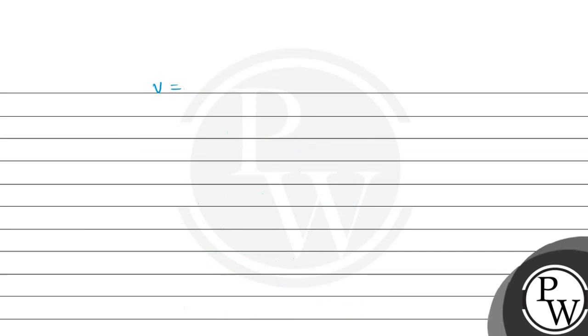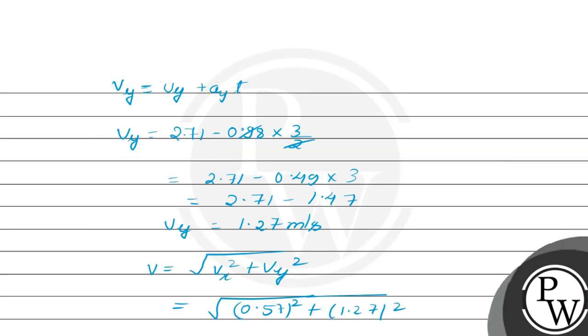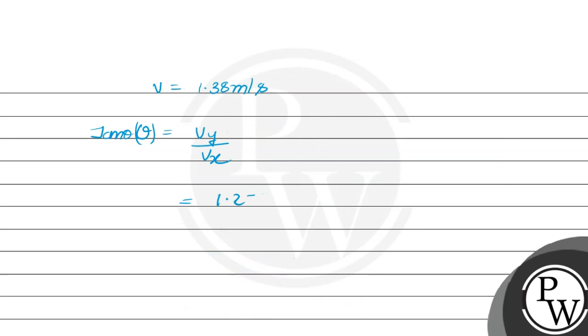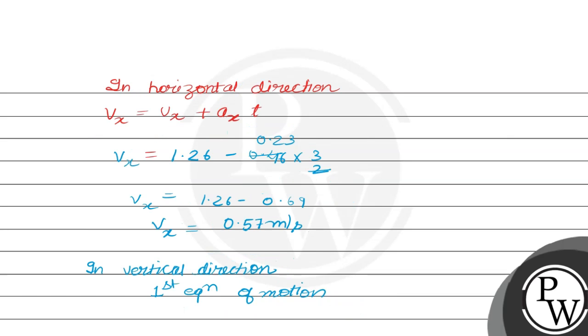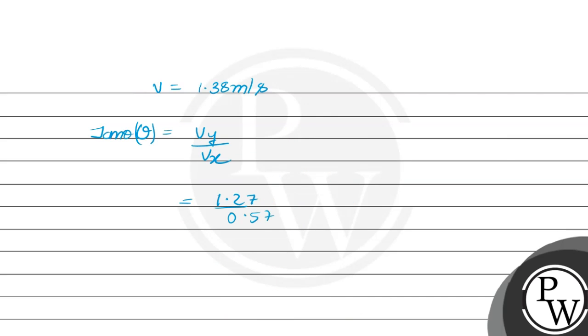This gives 1.38 meter per second, and we were required to find angle theta. So tan theta is given by Vy upon Vx. Final velocity in y direction was 1.27 upon final velocity in x direction was 0.57. On calculating, we will get theta equals tan inverse of 1.27 upon 0.57,